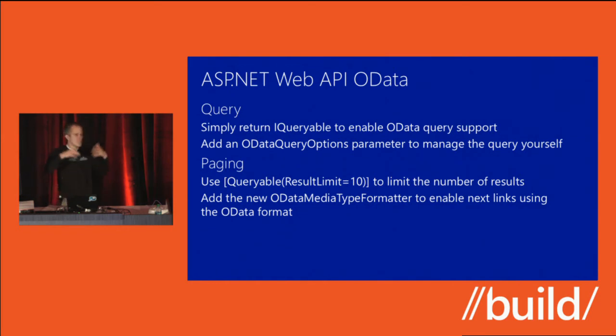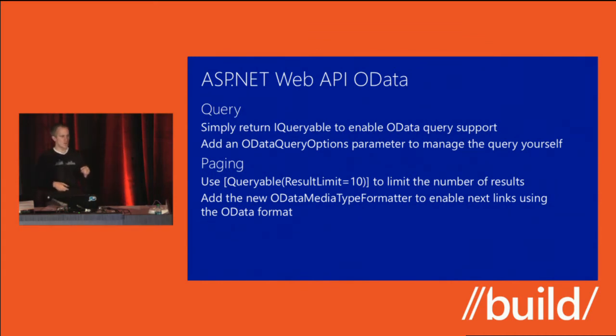So query, that's a cross-cutting concern, right? I've got a collection of stuff. I'd like you to be able to slice and dice it in different ways, filter it, order it. I could have a bunch of actions that handle that logic in each of the actions, but wouldn't it be nice if you could just have a queryable component that you could just slap on your actions or on a controller and say, make these things queryable. So that's what we provide for you.